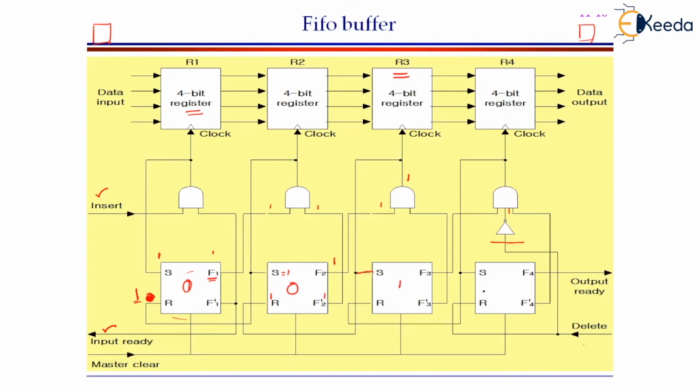NOR gate will be equal to 1, which makes the third input. Now let us understand about this delete line precisely. When this register has data, somehow or the other this data will get transferred to the output device. This F4, when it is equal to 1, there will be a signal sent to the output device that the output is ready. The moment the output device accepts the data from this register, immediately a line will be used, that is the delete line. The delete line will get connected to this NOR gate.